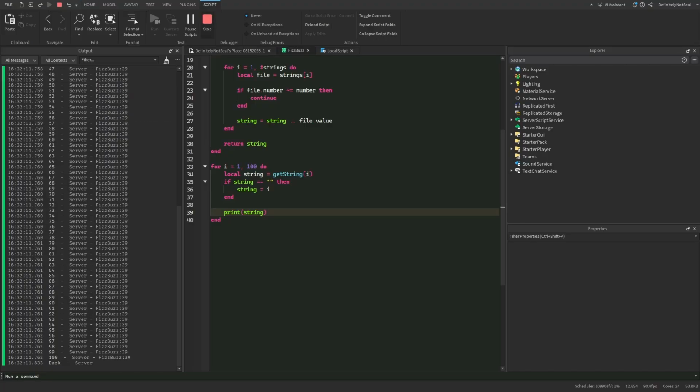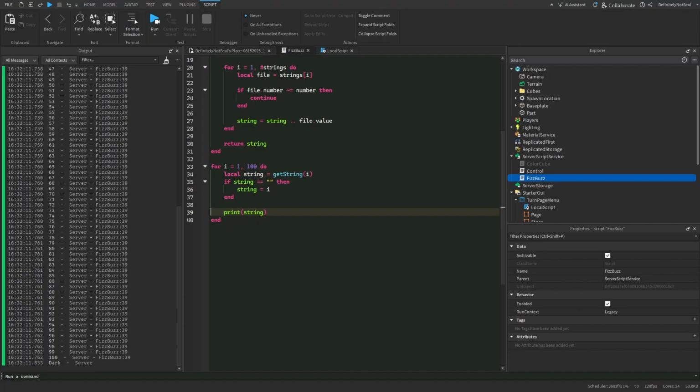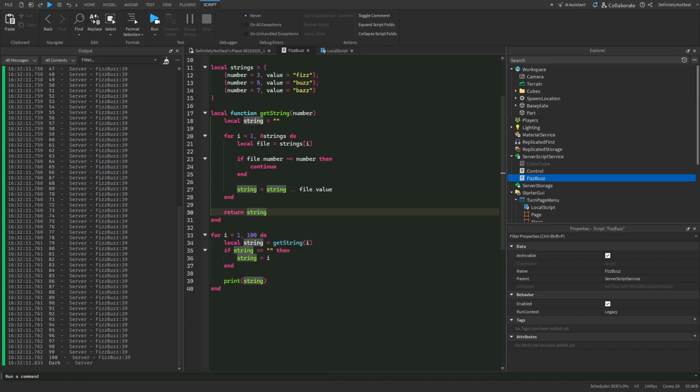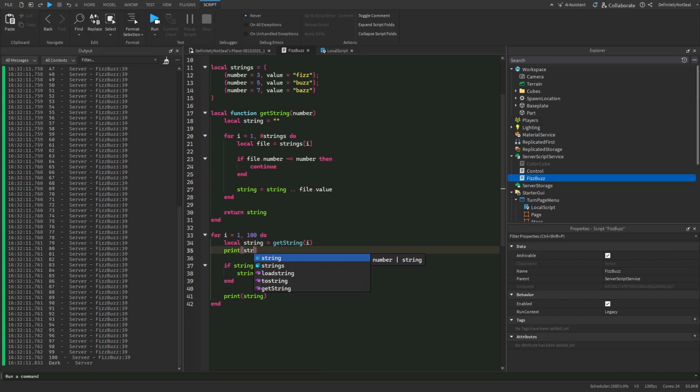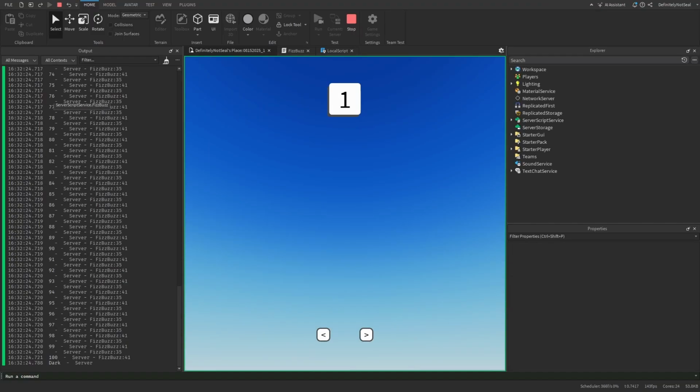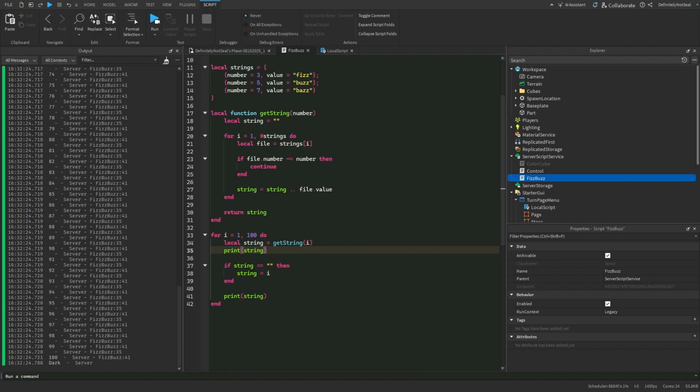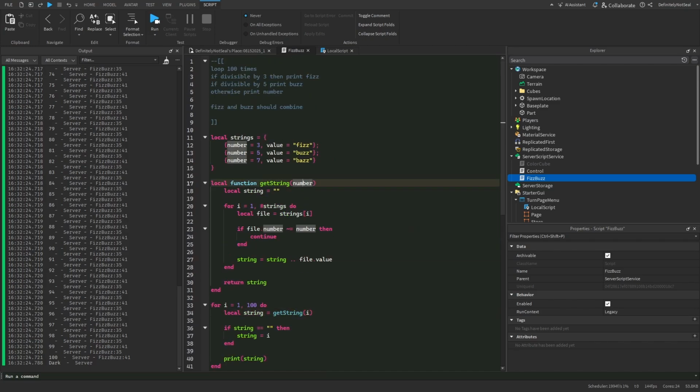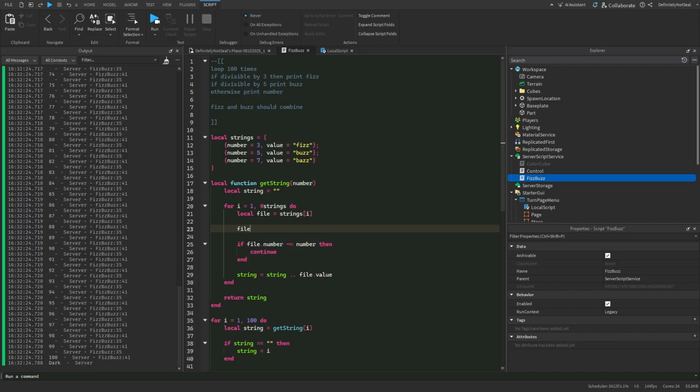All right, we've got no strings. What's going on? Okay, so our string is coming back blank. Ah, well, this is fun. File.number does not equal number. Continue. Otherwise, string is string. Let's check file and